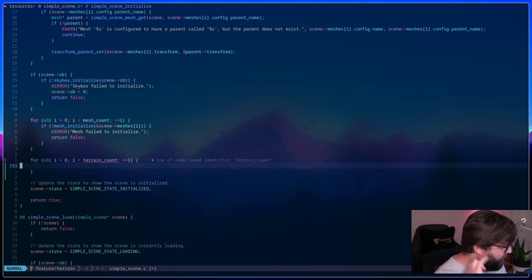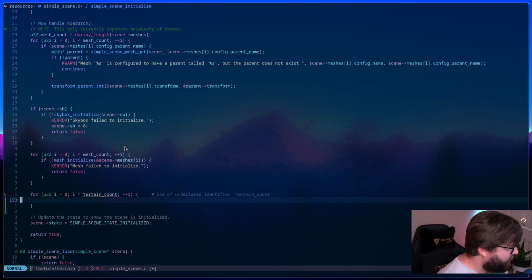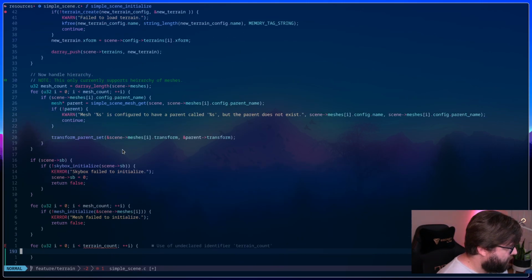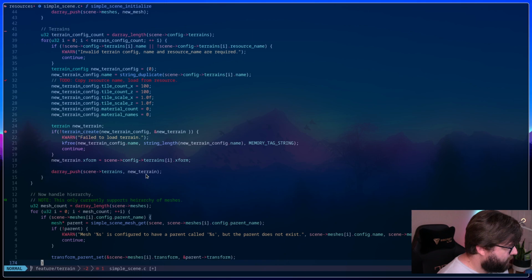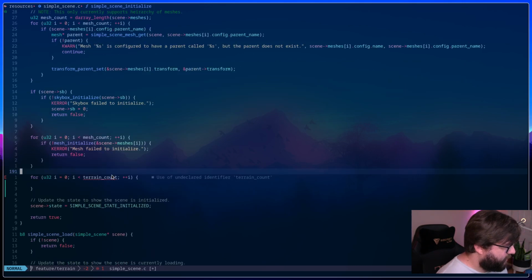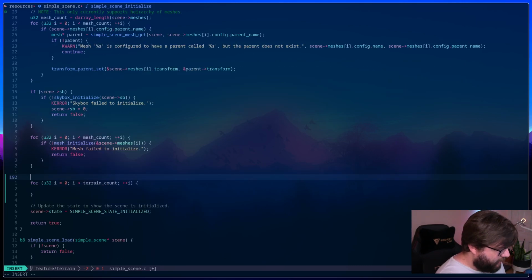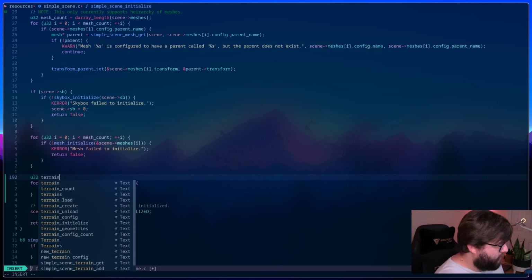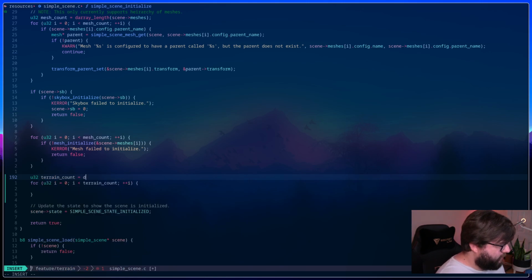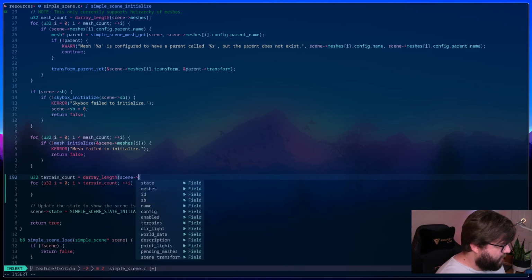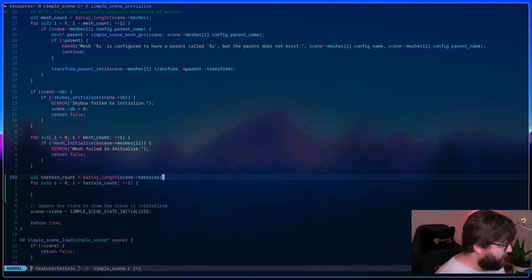And I believe we already, do we not have terrain count already? I thought we did. Oh, we only have mesh count because we have that. Terrain config count, I suppose we could use that, but you know what? I'm going to go ahead and just get it anyways. U32 terrain count equals darray length of scene terrains, right?